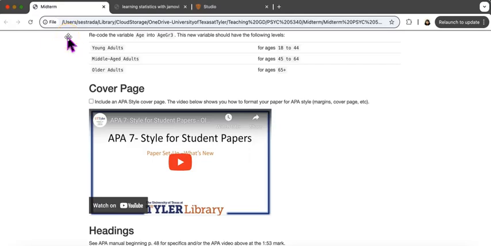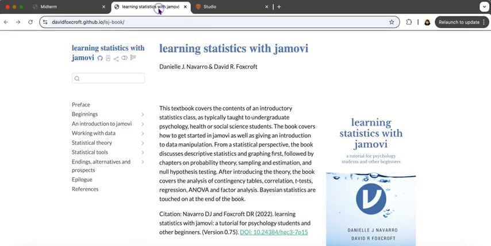This video is just to show you how to categorize a numerical variable. In this example, I have three categories: younger adults, middle-aged adults, and older adults. Check your own instructions to see how many categories you are going to need and what ranges you're going to have. So I actually went to our textbook